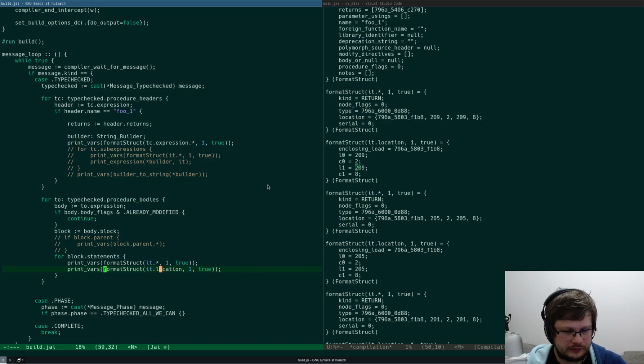Maybe I can, there should be a way to print location. Message type checked, I think.